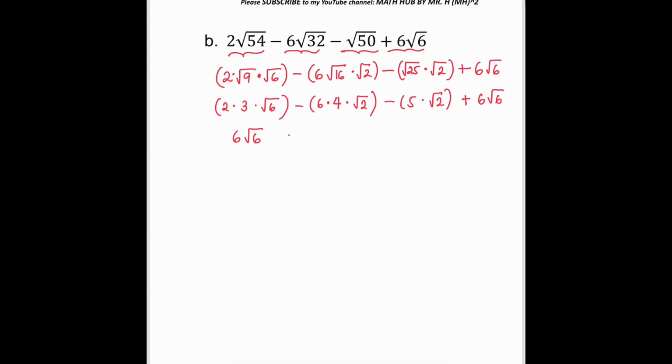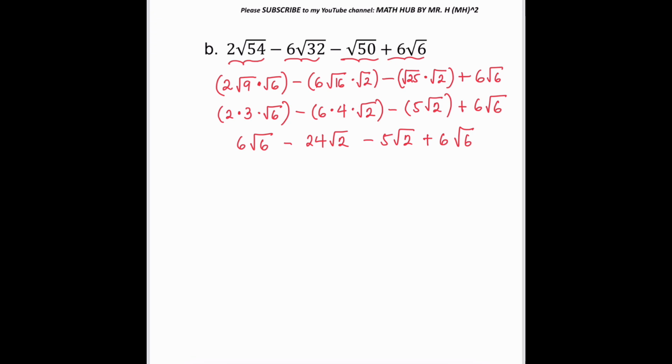Then the second term we have 6 times 4 is 24. And then square root of 2. And then the third term is 5 square root of 2. And the last term is 6 square root of 6. All right, so